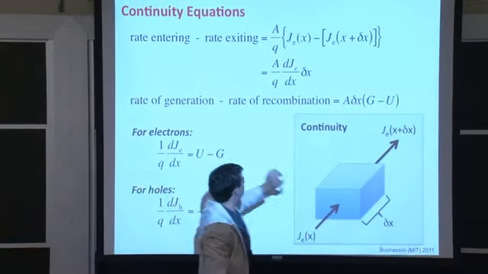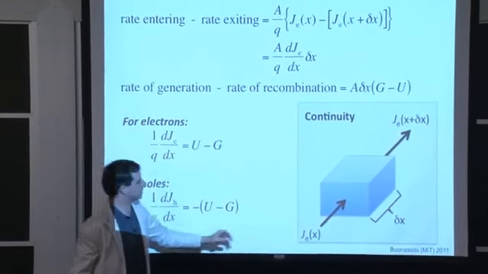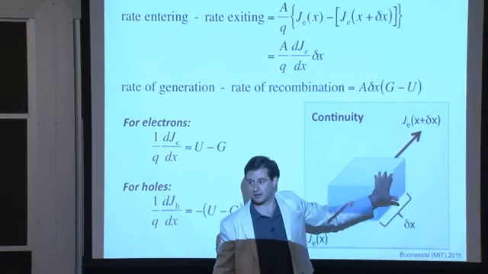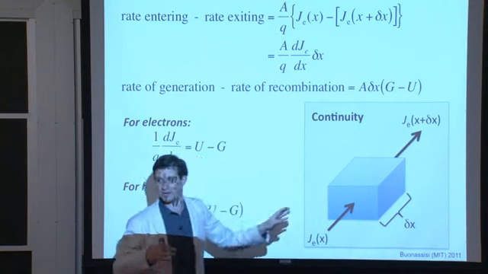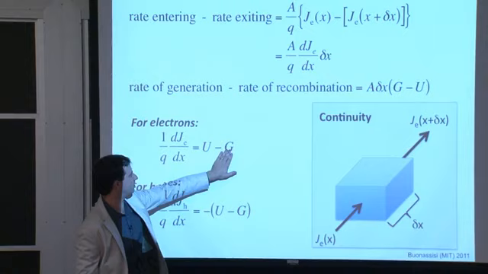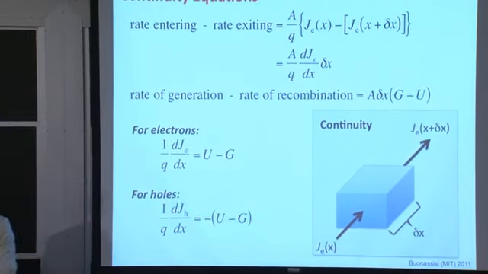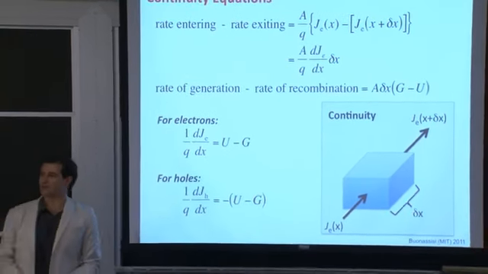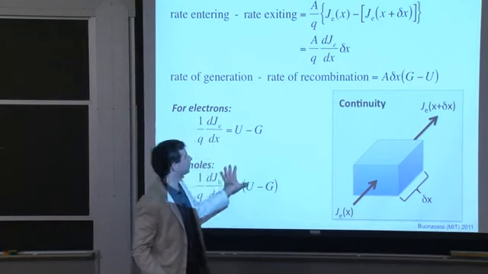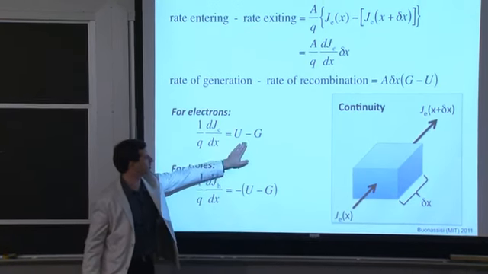And so the continuity equations are essentially a set of accounting equations that just describe the net change going in and out. If something changes on either surface, it's because you either added carriers or took them away. The way you add is by shining light on your sample and generating more carriers, G, for instance. That's one way of generating carriers, by adding light, or recombination. And one way of recombining is, for example, through a defect in our material, where the electron is moving along, it finds a defect, and it falls back into a ground state. So continuity equations are nothing more, nothing less than housekeeping, bookkeeping,